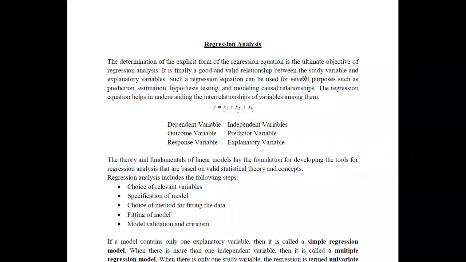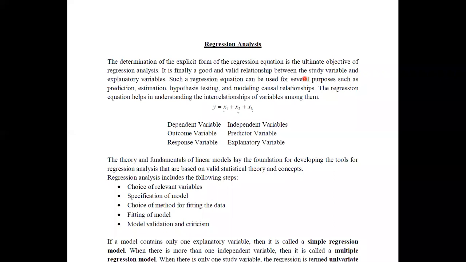If you can obtain the regression equation, you can model the relationships, and using the model you can perform hypothesis testing. If it is a validated model, you can use it to estimate some values, and also go for predictions.